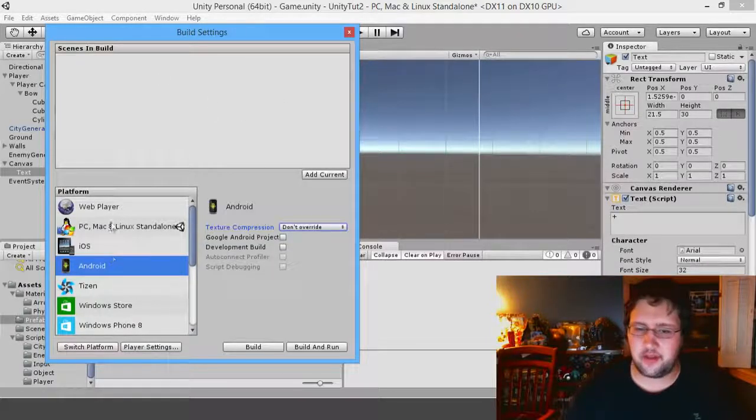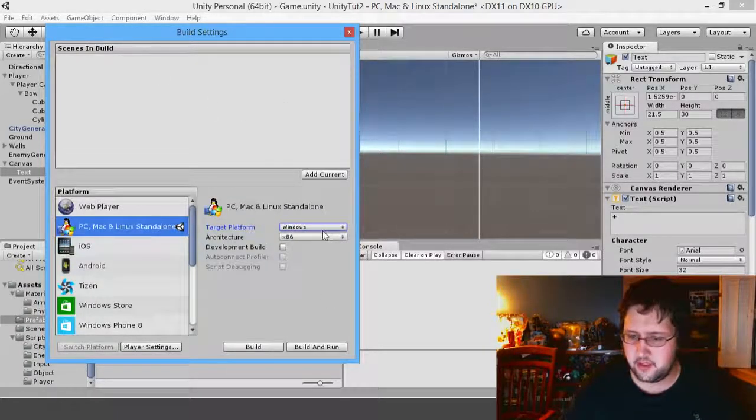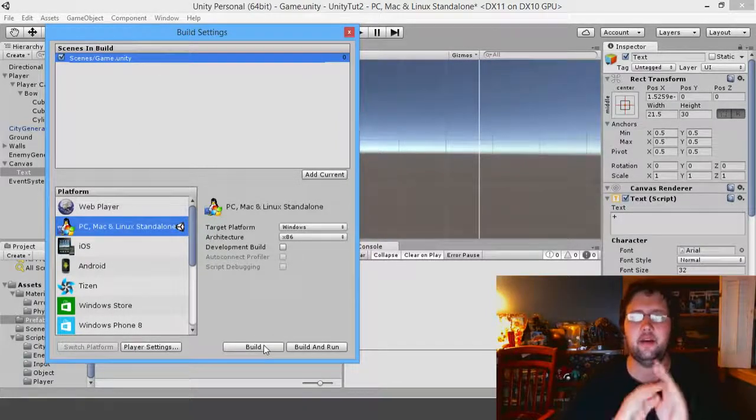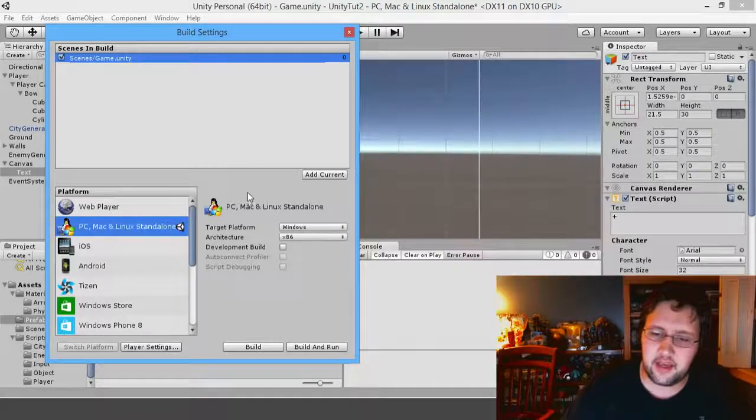So after that, you just build for whatever version you want, Mac, Windows, Linux. Make sure to add your current scene. So in this case, scenes game Unity. I want to add that scene. Build done, and you can send the files, the folder,